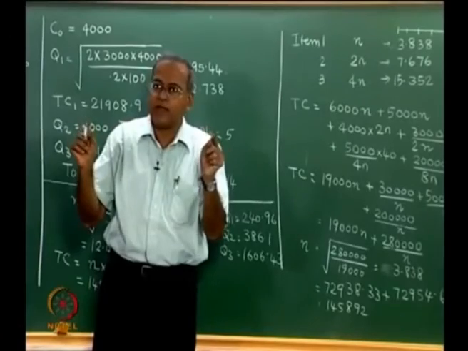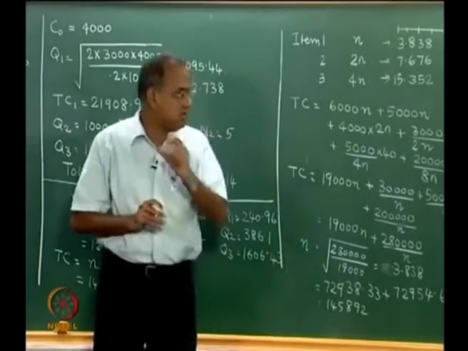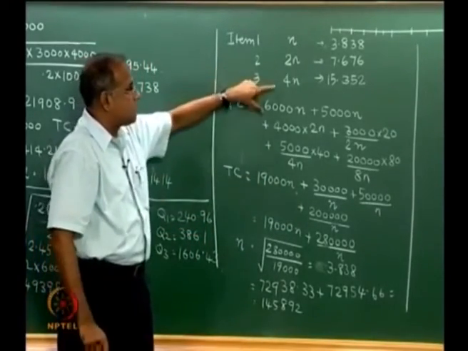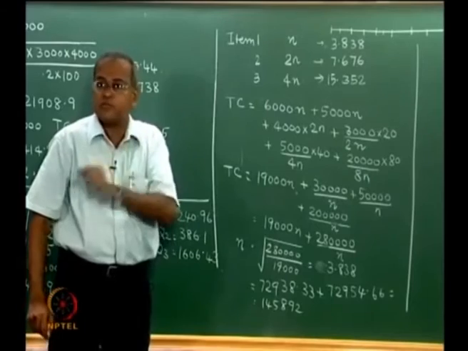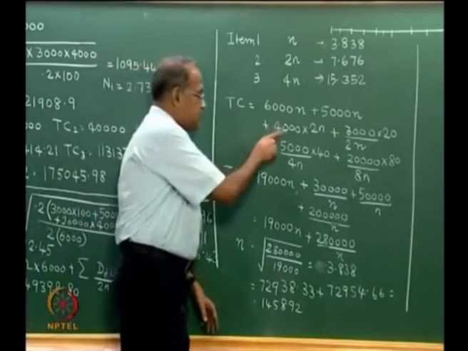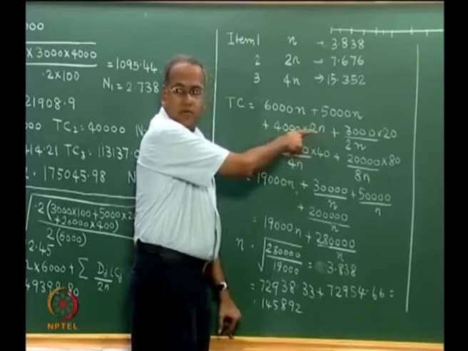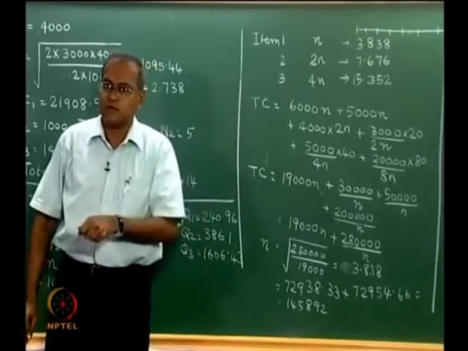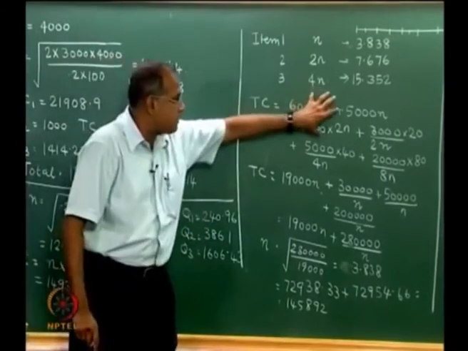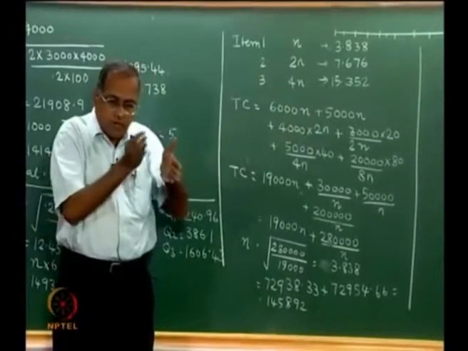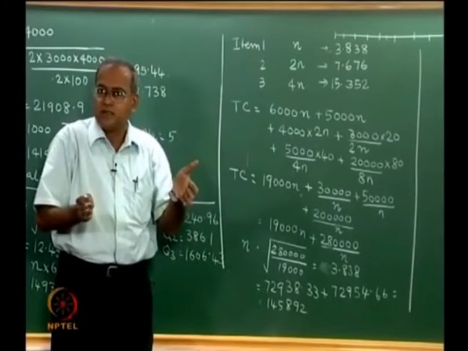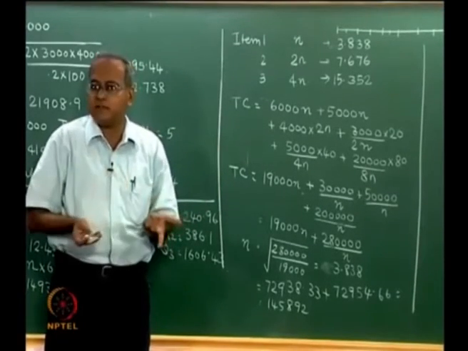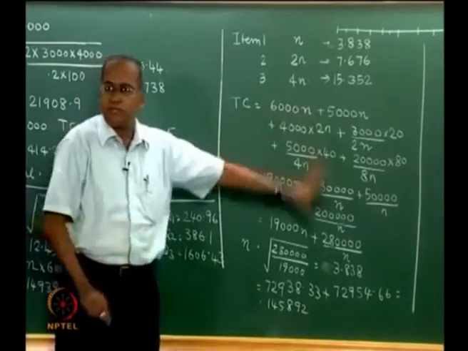1:2:4 helped us in a certain way, but it actually increased this term to 19,000, because out of the 4n orders, 2n orders are done individually and separately, which brought this term 4000 into 2n. Now if we do 1:1:2, or 1:2:2, then we realize that this part will come down, because with 1:1:2 there will be 2n orders, out of which n orders will be joint and the other n orders will be individual. So we could try some of these combinations.